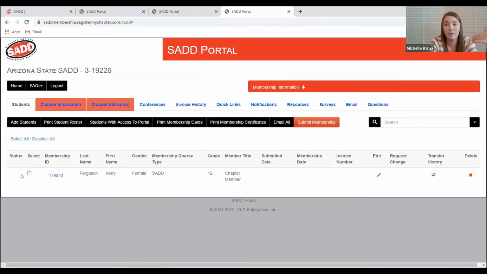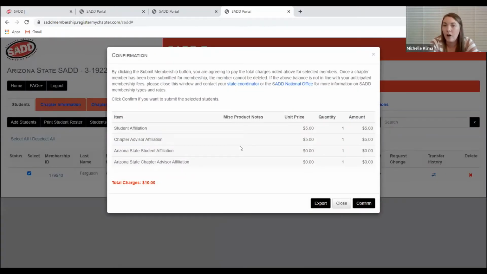You will have more than just one student, since I just have Carrie right now, but if you are finished adding all of your students, you are going to come to the students page and click select all and then submit membership. The annual membership fee for students and advisors is $5. And once that membership fee has been paid, then you'll have access to all of the resources that are available